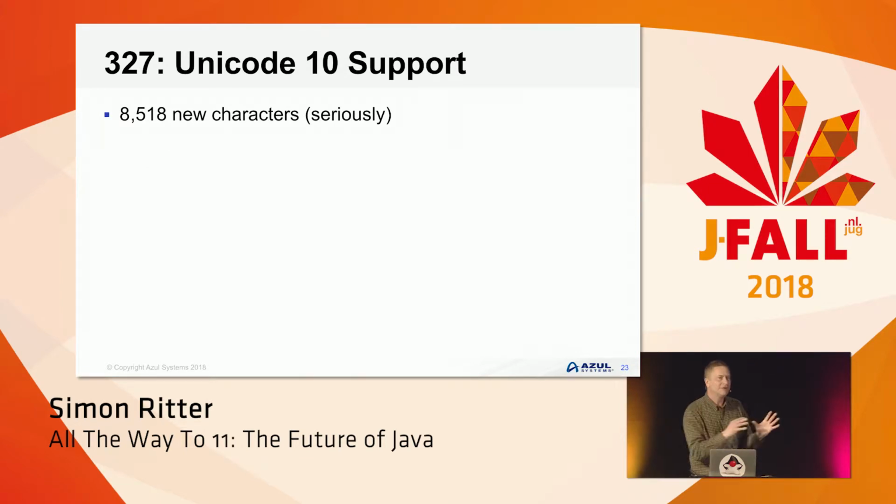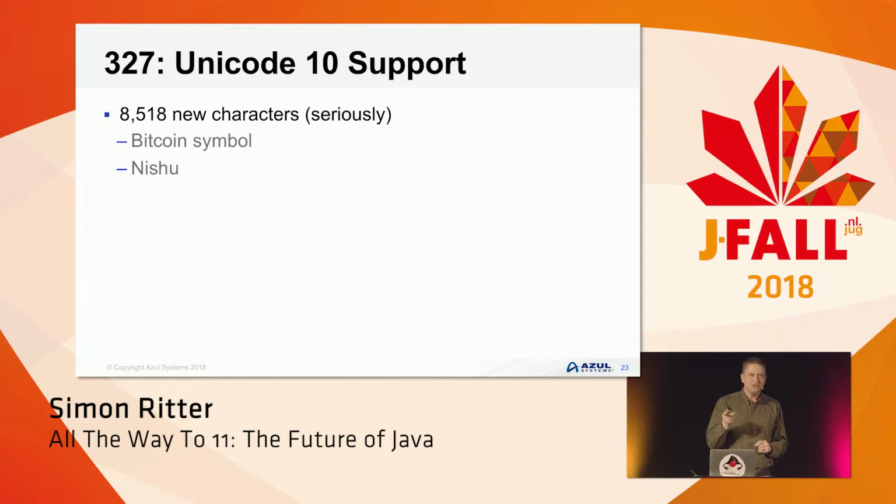One of the things I always like looking at with Java is how Unicode changes, because this is the thing that gets updated when we update the JDK. And in Unicode 10, which is included in JDK 11, they found 8,500 new characters. And you look at that and you go, 8,500? Where did they find 8,500 new characters? So I thought, right, I'm going to find out. Well, one of them's the Bitcoin symbol. So great, we've now got the Bitcoin symbol.